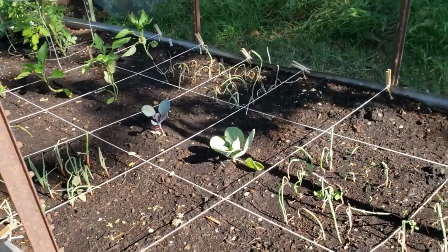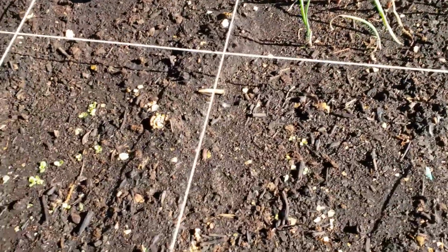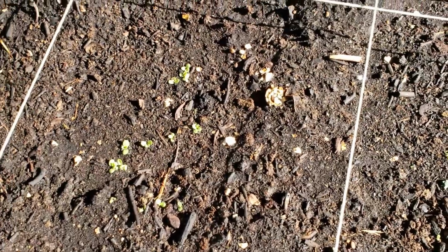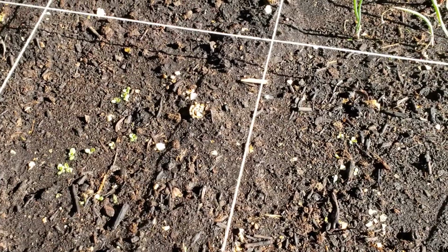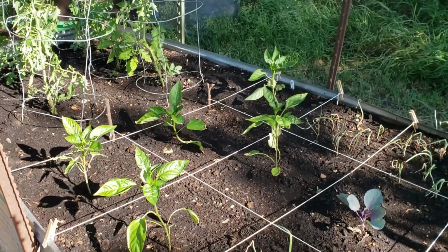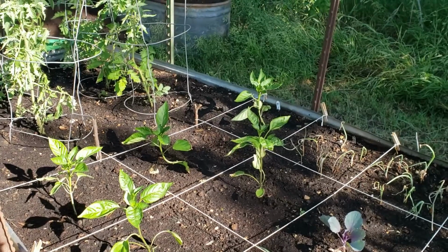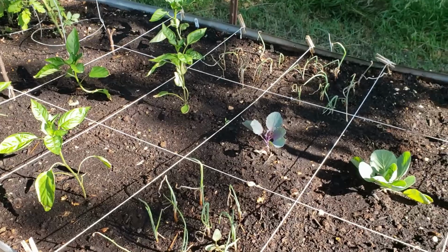Also, I planted lettuce in these two squares. You see it's coming up a little bit, but nothing like I would have expected, because I would expect lettuce to grow a lot faster than that. So that's another problem. Today I'm going to do some mulching around the tomatoes and the peppers and the cabbage,